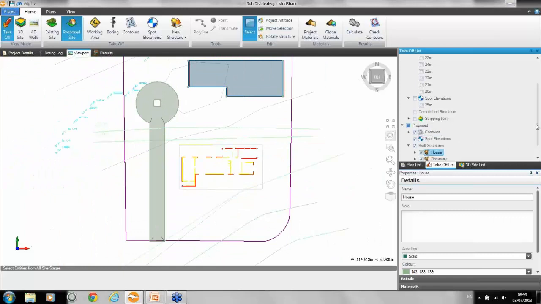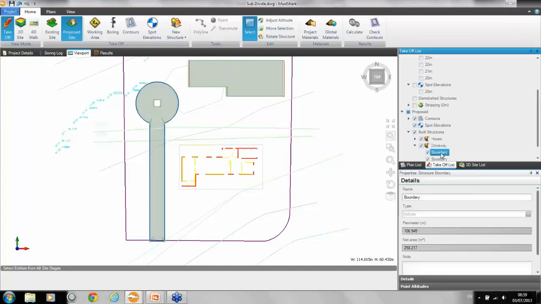So I've got my driveway, there's my structure, and I've got my structure boundary. Now, if you want the open ground areas around here to come right up to the edge of the boundary,